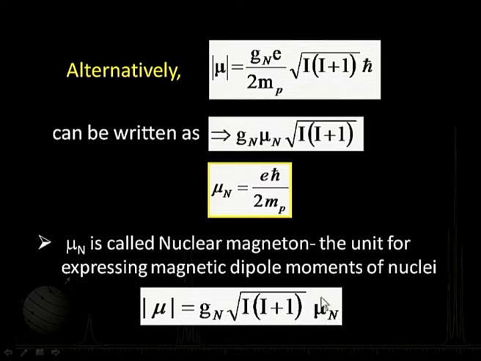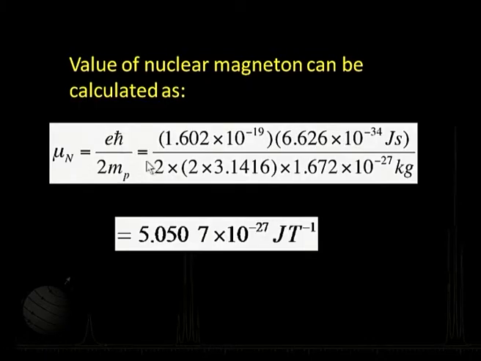So, that is a unit we are trying to use there. This is a formula which we will be making use of. Now, if I just want to compute the value of the nuclear magneton, that can be done by substituting the value of e h cross over 2 mass of proton. When I do that, this comes out to be 5.0507 times 10 to the minus 27 joule per Tesla. Tesla is the unit for the magnetic field we are using there.